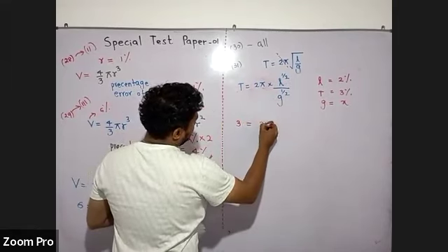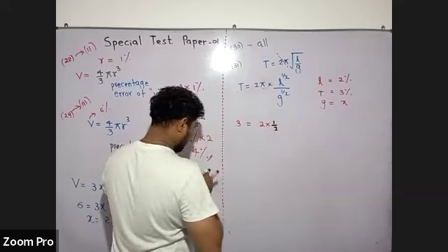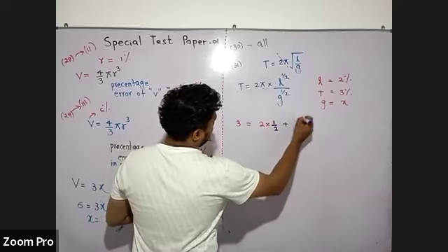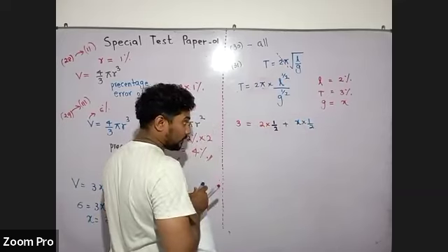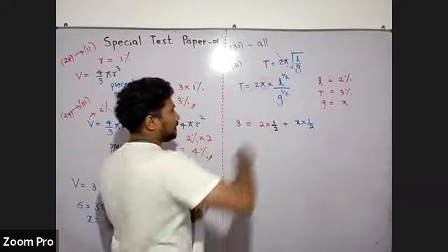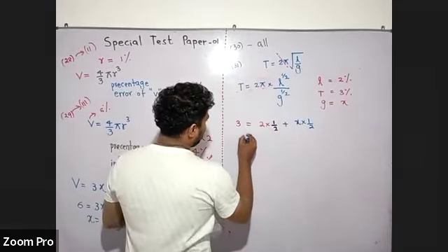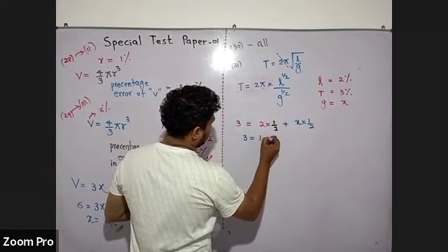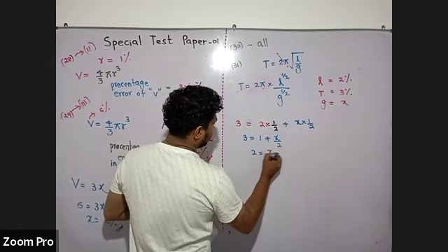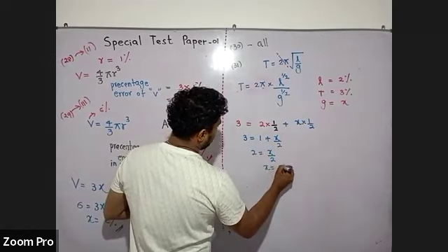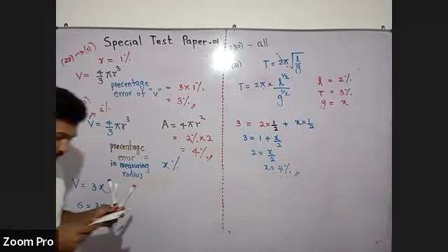L means 2, but it should be multiplied by half, plus g, it should be also multiplied by half, because here it is mentioning the power as the half, right? So this should be 1 plus x over 2. So 3 equals 1 plus x over 2, then x equals 4%. So this is the answer for the